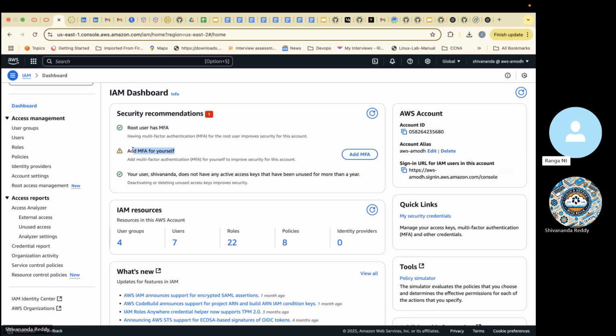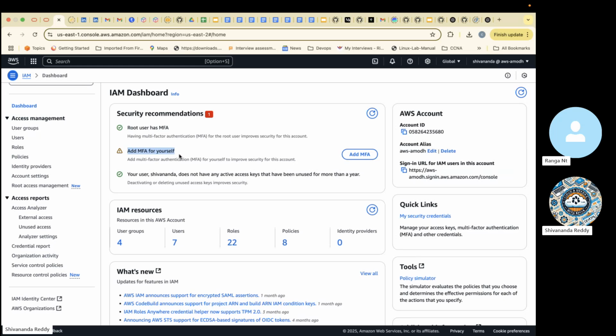Yes, that is exactly my question, Shiva. You told me MFA is used to secure, and I understand it's for securing. If someone doesn't get access to your root user, and you have MFA enabled, but they are able to log into your normal user, will they still be able to use your resources? The question is valid. I'll tell you. Remember, the root user has MFA, and for these users you are also going to enable MFA. This is a different MFA.